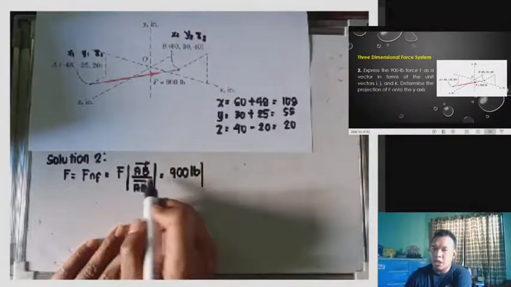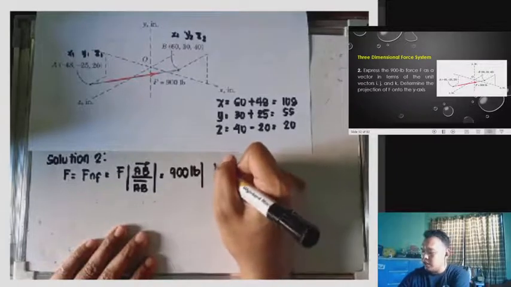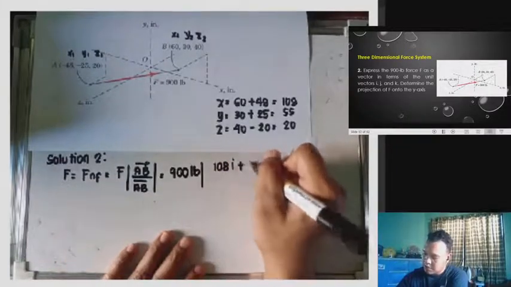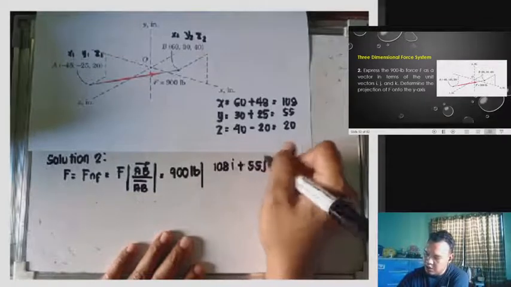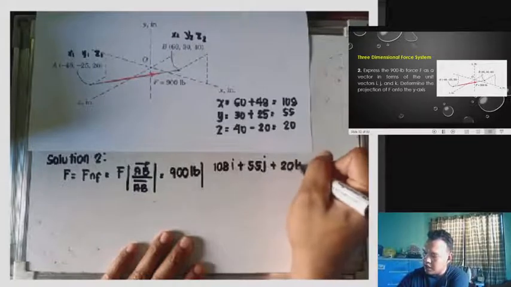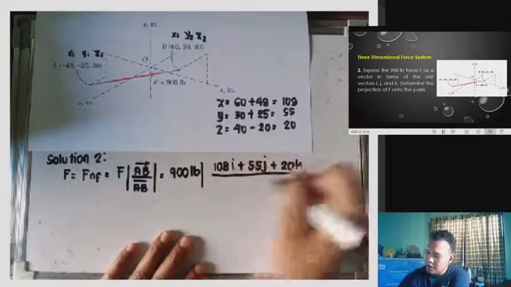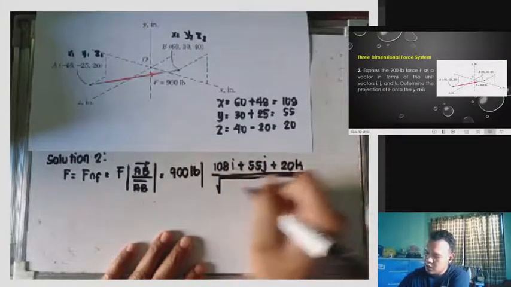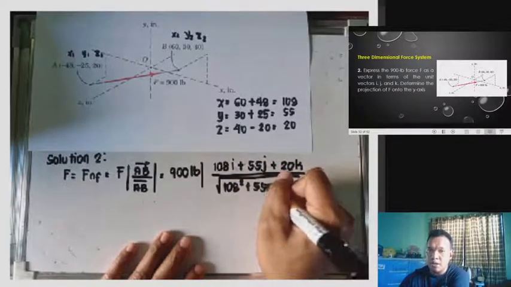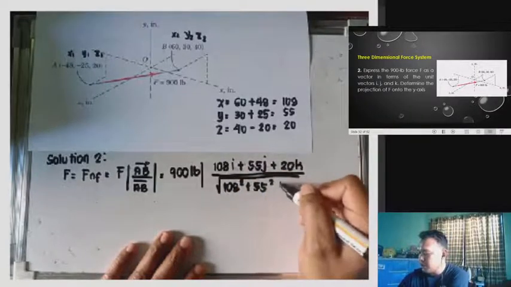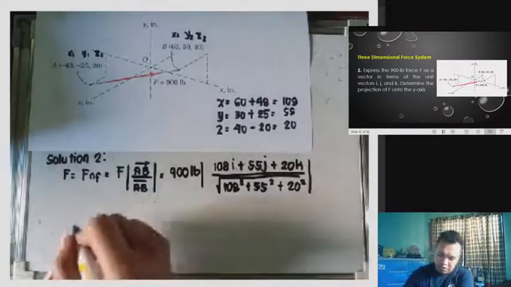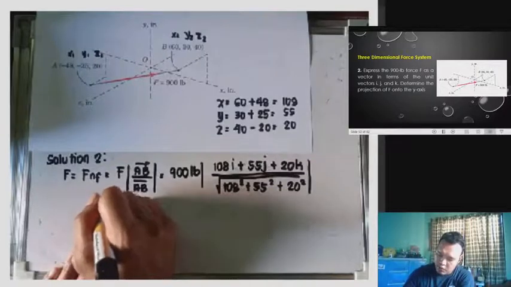multiplied by segment AB. Ang AB ko ay 108I plus 55J plus 20K all over the square root ni 108 squared plus 55 squared plus 20 squared. Therefore, F is equivalent kay